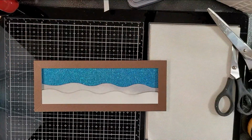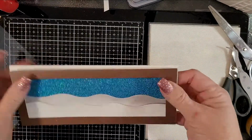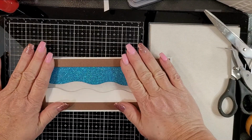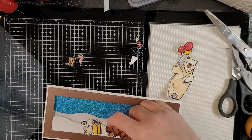Oh, that is the sky. And I'm telling you, I could have stopped right there. I could have just put a sentiment and called it done. And I love that glittery sky. I started to go with a pattern paper, but the glitter was the right thing. Yep. So then I glued the whole thing down onto the card base,